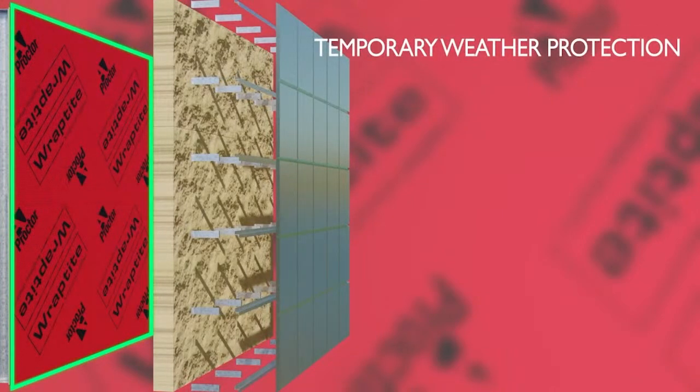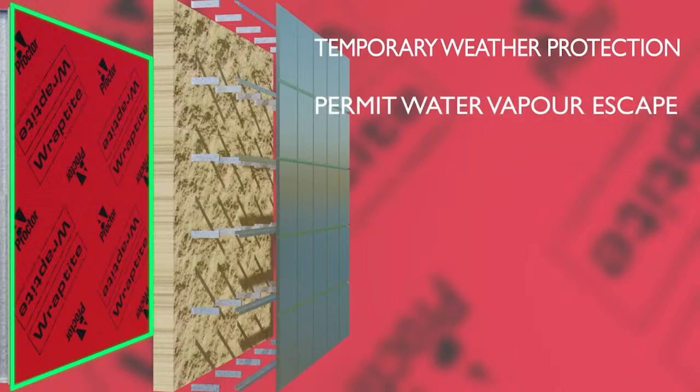Vapor permeable membranes have two functions. Firstly, to provide temporary weather protection during the construction process, and then once the envelope is completed, to permit the escape of water vapor from the building. In the event of damage to the outer weatherproofing layers, such membranes can also provide limited temporary protection until repairs can be undertaken. As with vapor barriers, older but still common terminology like breather membrane doesn't always fully clarify these